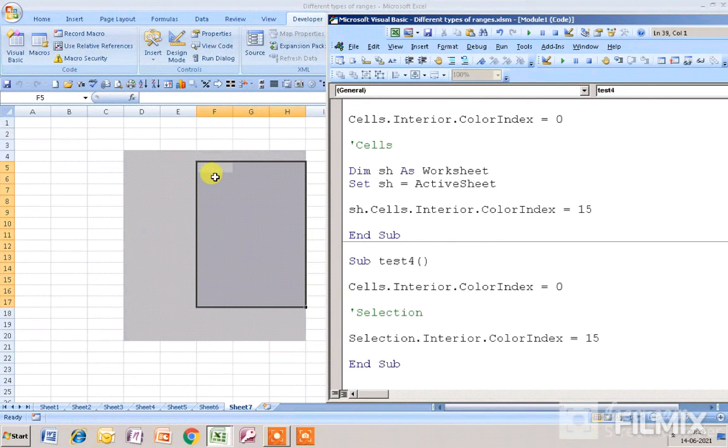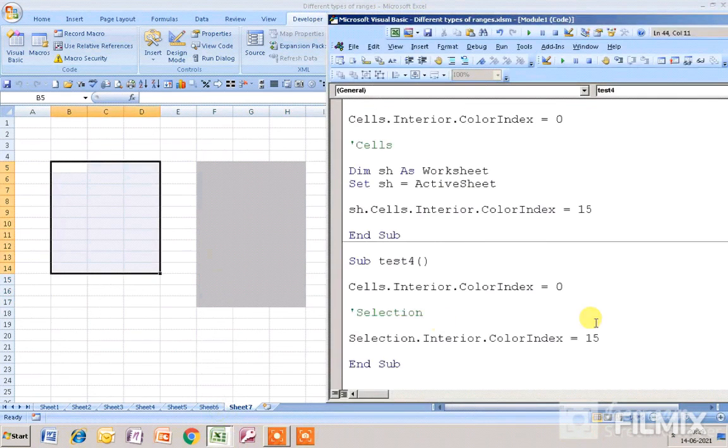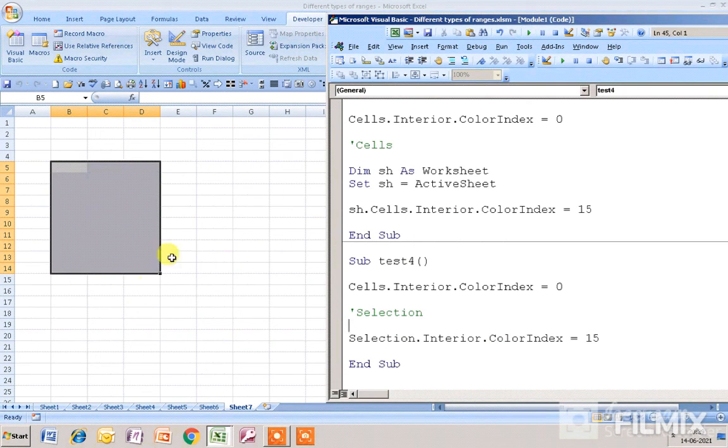You will see the changes only in this particular range. I run the macro, you can see the changes for this particular range. Suppose you want to change, you select this particular range and you go back to the Visual Basic, and if you run the code, then you can see the changes in the range that you have selected.